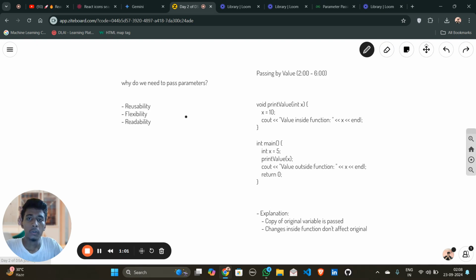Okay, so we can reuse that function again and again in our main function. So the first point is reusability. Second point is flexibility. Third point is readability. If we are using a function many more times in our main function, it makes the function flexible, and also readability